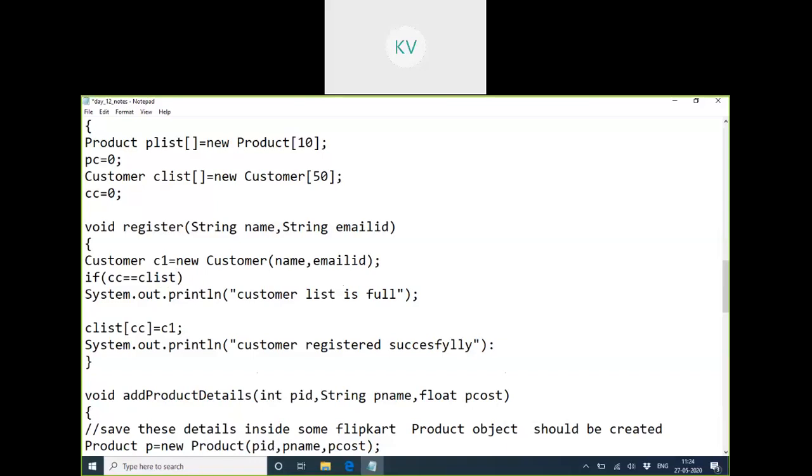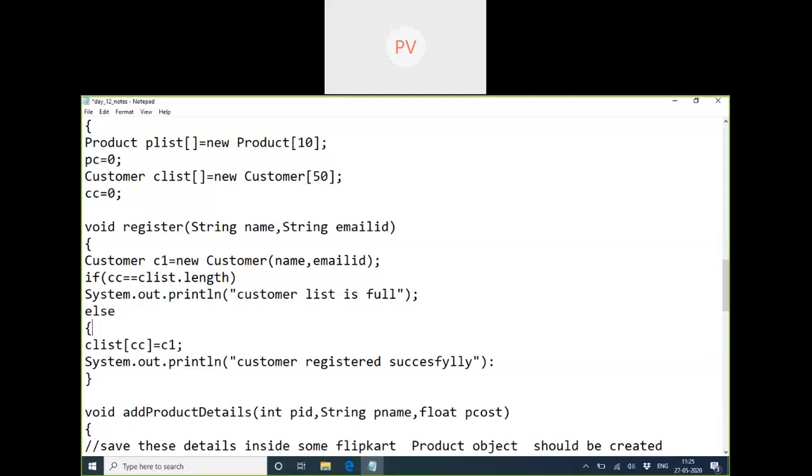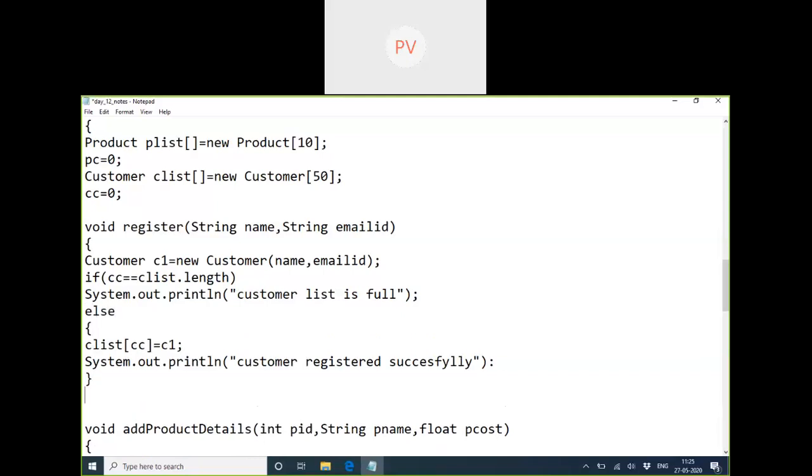If it's equal to the array length, it means the array has filled up and the current count will be crossing the last index. So if it is this, we'll show the failure message, else we'll add the data and show the success message. Is that clear?